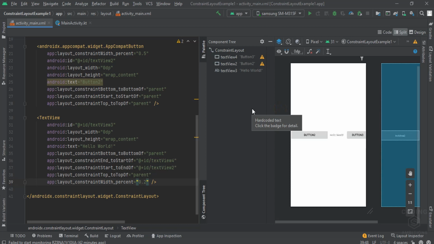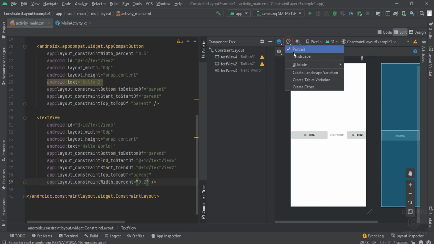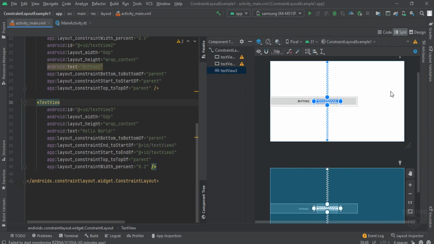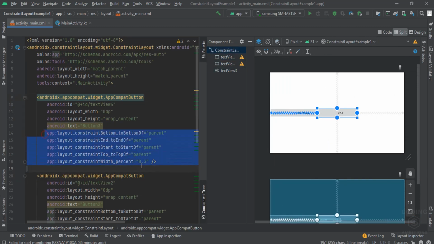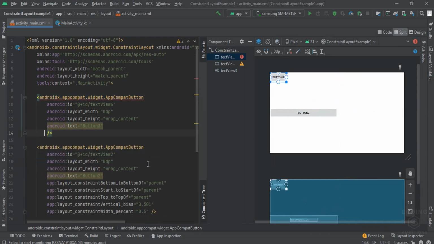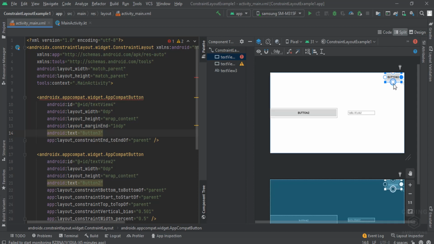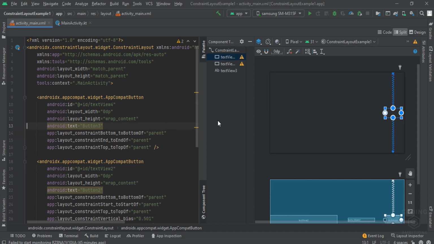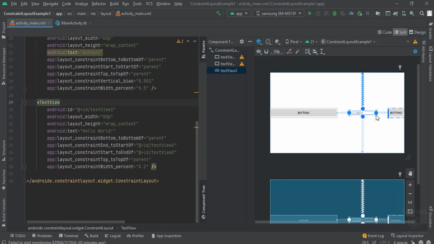What is the benefit of using width percentage? It helps in making layouts responsive. So if we want to see this layout in orientation change, then also it will align these. There is some issue with that. First of all, let's remove the constraint and make it again. We want its right constraint to the right, bottom constraint to the bottom, and top constraint to the top. So here it comes, you can see it. Let's remove the margin from here, and now we can see.